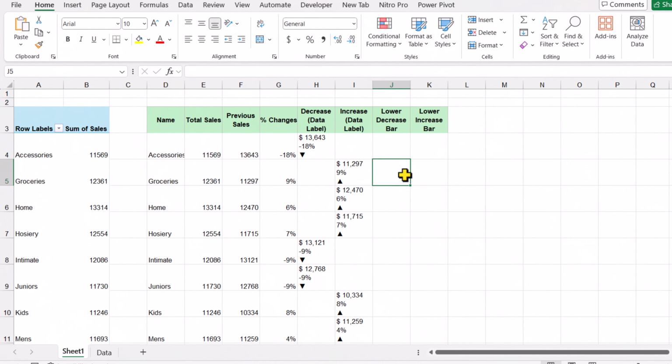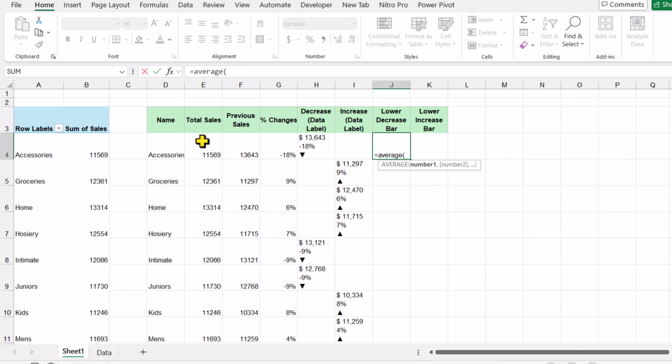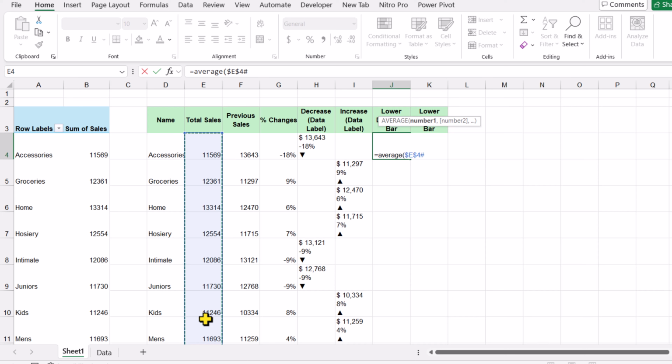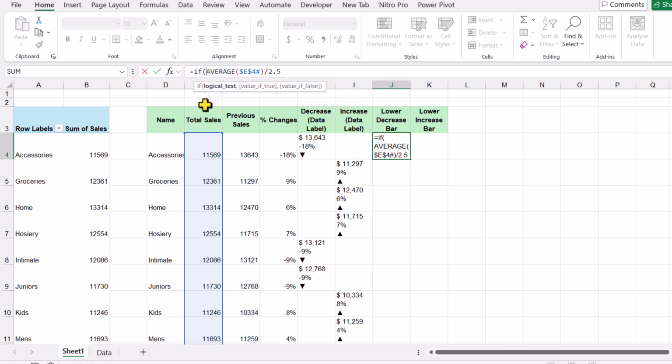Now we need to build the formula for the lower decrease bar and lower increase bar. So I will simply type equal average, open parenthesis, select the total cell column, hit the F4 key to lock the reference, close parenthesis, divide by 2.5, hit enter. But we only want to display this result whenever the % change is less than 0. So I will apply an easy if condition, open parenthesis, if the % change is less than 0, hit comma, then I want to return the average function result, hit comma, otherwise I want to get the null result, close parenthesis,